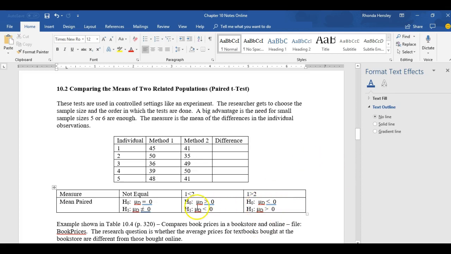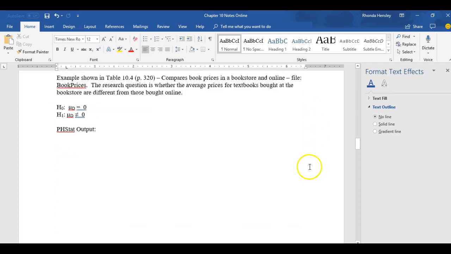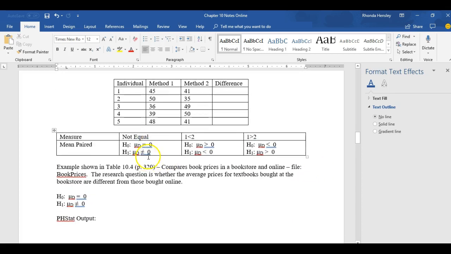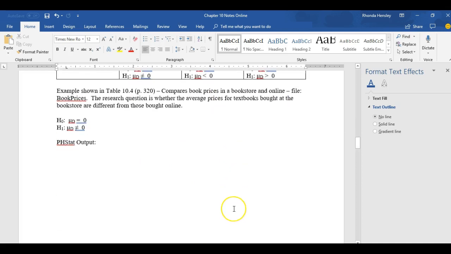They work the same way, but you can see it's the mu sub d that has to go in here as a measure. And this is the only one that's got a number, and we always have a 0 on the end. So, the example shown in the book, in table 10.4 on page 320, is a situation where we have